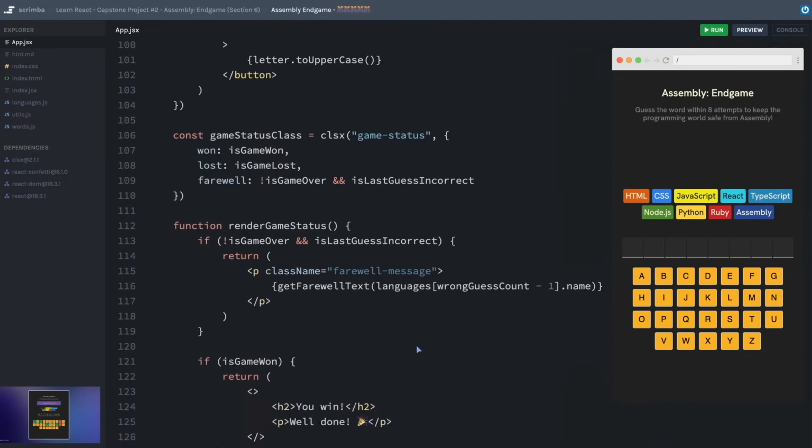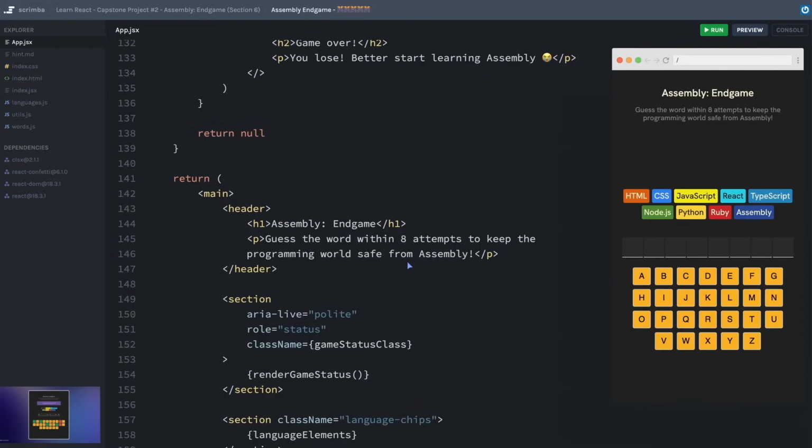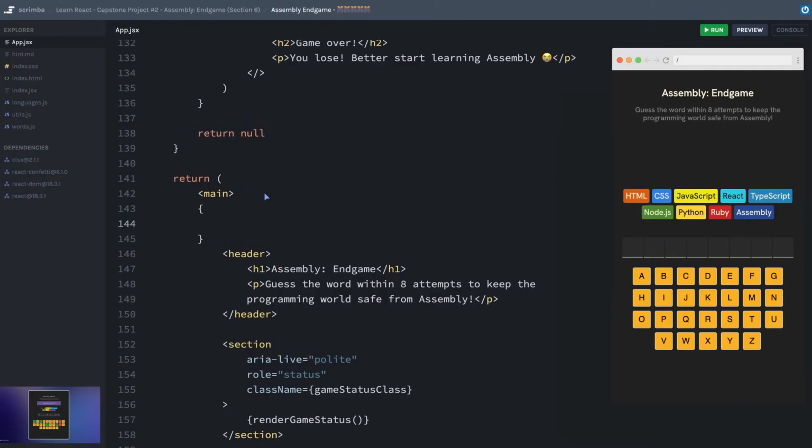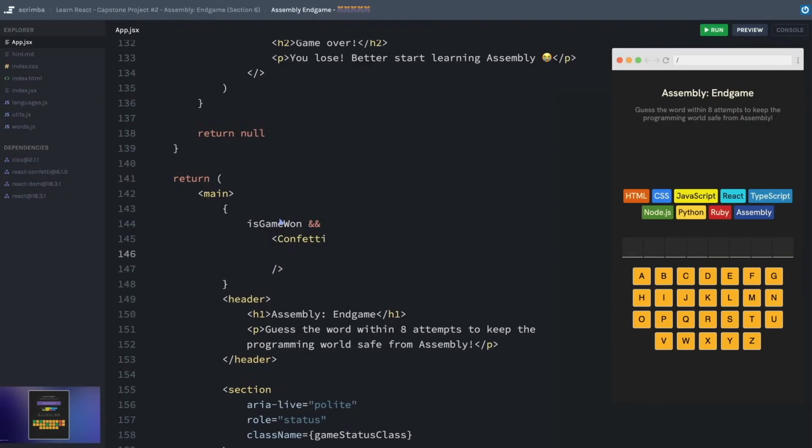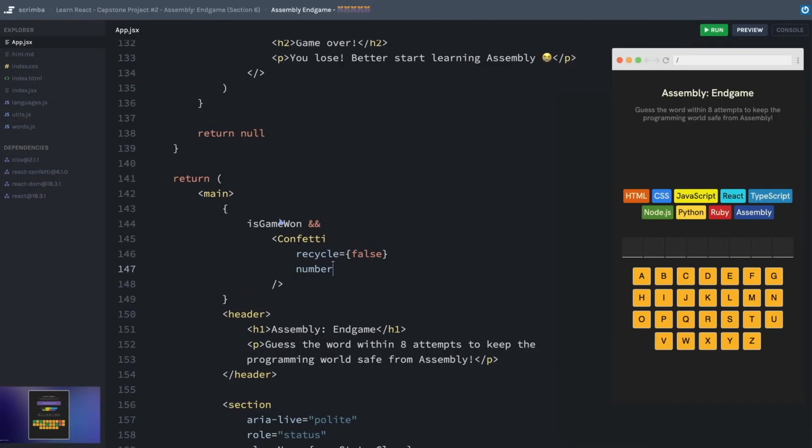We'll go down to our markup down here below, and it doesn't really matter where we do it. I think I'm just going to have it be rendered right here at the top. We'll call this a glass half full kind of decision. And we'll say if the game is won, then we'll go ahead and render confetti. Now I actually am going to add some of the options to confetti, the props that you can pass to it. Specifically, I'm going to turn off the infinite confetti by setting recycle equal to false. And you can specify the number of pieces. These are just things you can find from the documentation for React confetti. And I'm going to bump it up a little bit to 1,000.